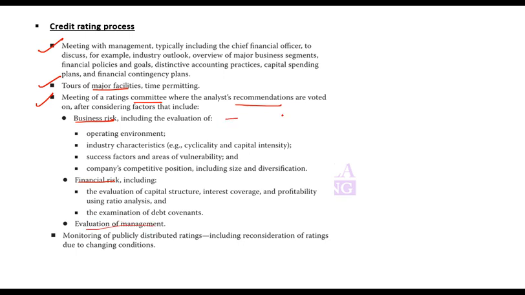When we say business risk, it means any risk which can impact sales or core operations. By core operations we mean sales. So any risk which can impact sales is a business risk. For example, a fire breakout in your warehouse, or maybe demand for a particular product falling down or crashing due to any reason. Financial risk is related to financial losses, that is, analysis of debt covenants, evaluation of capital structure, coverage, profitability ratios, and all that.